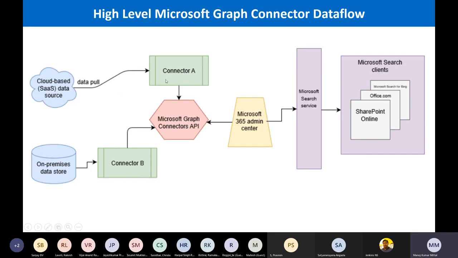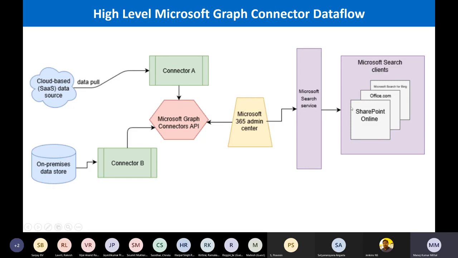So what components do we have? We have SQL Server, ServiceNow, DevOps, and Azure SQL on-premises. Each connector can be connected via the Graph. We are not going to write a single line of code in this entire demo, and we will build content that can be crawled from outside the M365 environment. It's going to use the Microsoft inbuilt connectors API and configure it in the M365 admin center. Once it's configured, it crawls the data and it sits in the Microsoft Search service, which we are not allowed to touch. Microsoft only takes care of that.